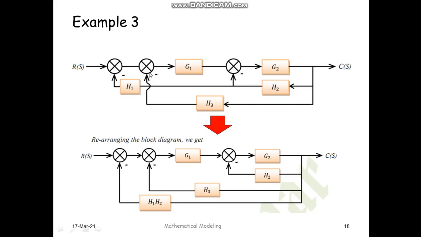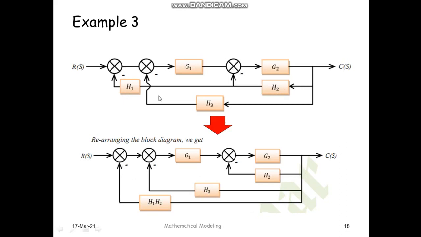So now for simplicity we will rearrange the block diagram in such a fashion that we can eliminate the minor feedback loop easily. So now if you observe here, this H2, since it is connected to summing point number 3, we will keep this line as separate, and the same line has been extended and connected to H1 and to the further summing point number 1. So what we will do is make this particular line separately, which will be the multiplication of obviously H1 and H2, because H2 and H1 are connected in series, and we can make a separate line of H1 H2, and then it is connected to this particular summing point.